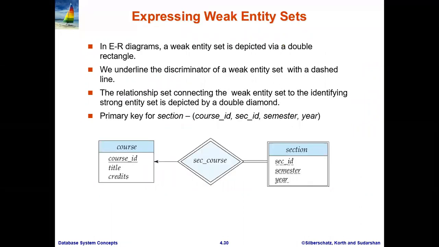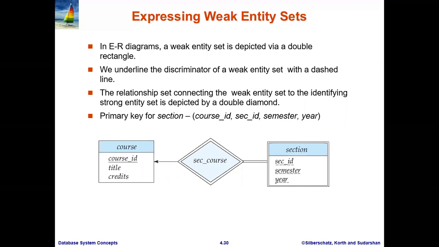We'll see how to express a weak entity set. In an ER diagram, a weak entity set is denoted by a double rectangle. So a weak entity set is always depicted via a double rectangle.